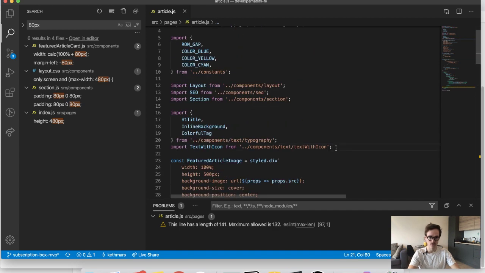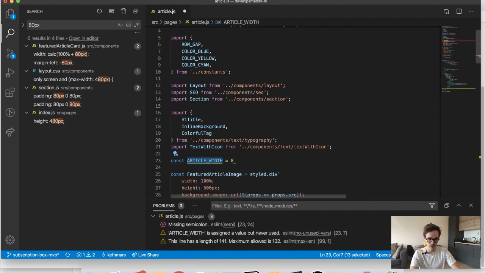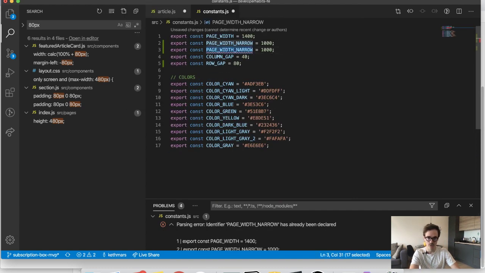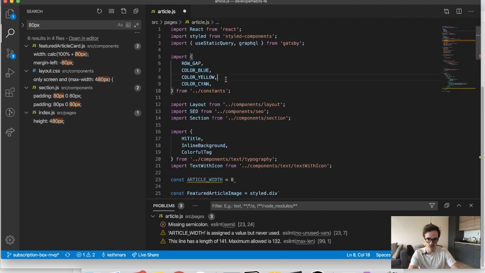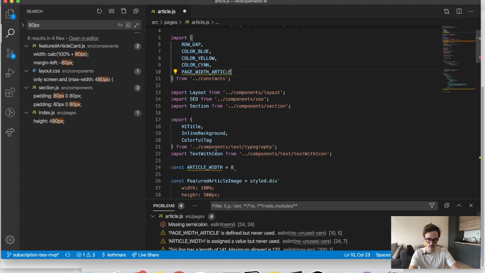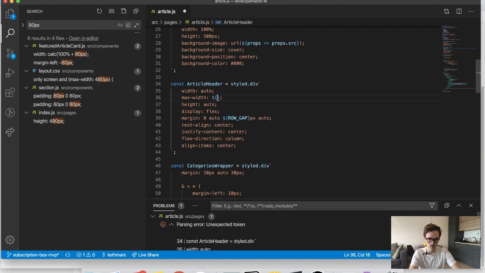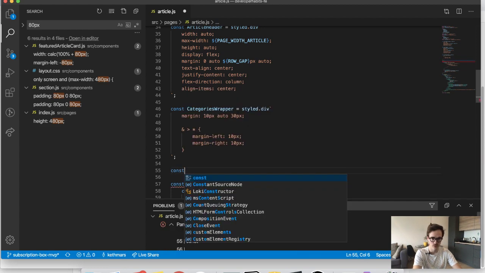I'm gonna create a new variable here, define it, article width, and actually I'm gonna move it to constants. There's no reason why it shouldn't be here. Page width and article, and it's 800. So we can reuse it when there's a need for that. And I can already insert it here. And now another place where I'm going to use it is